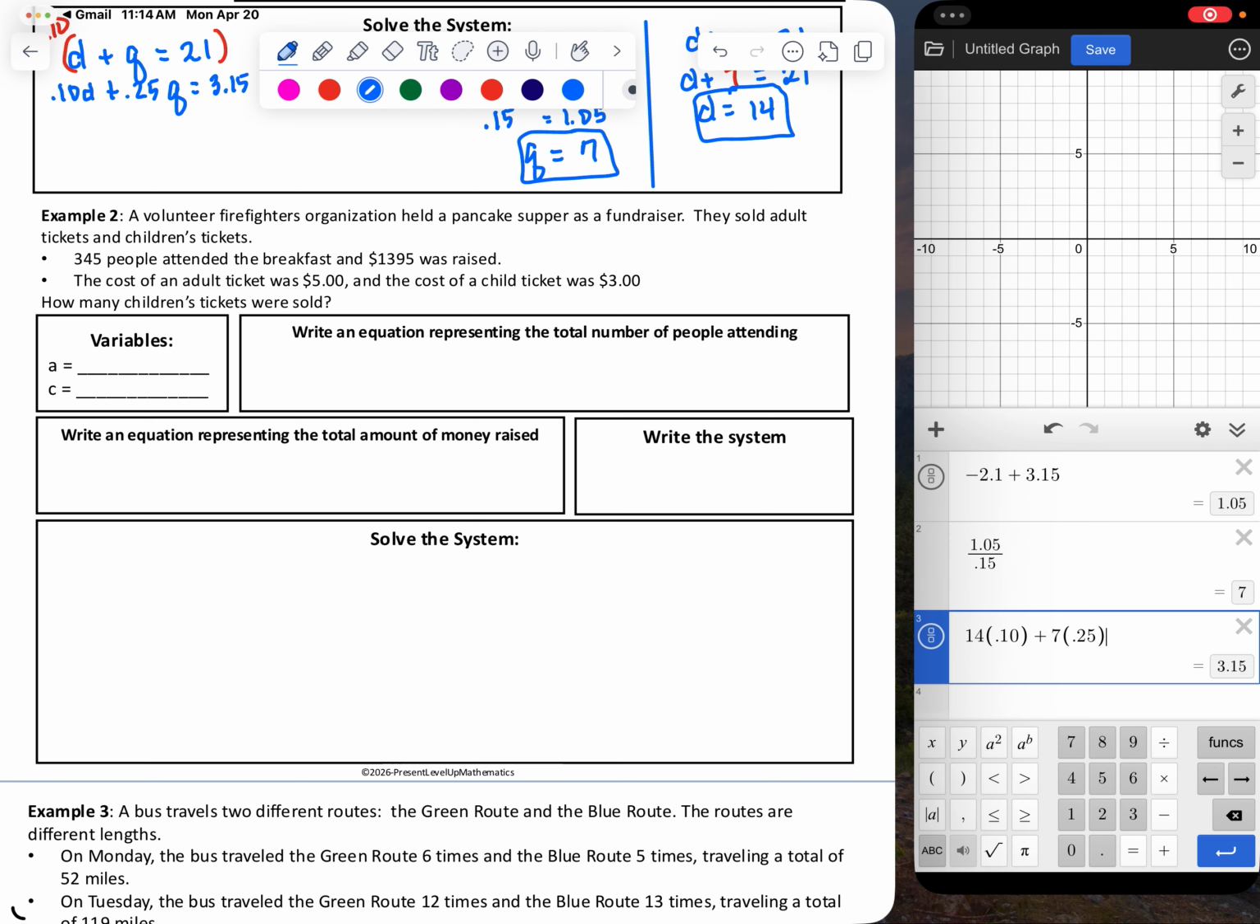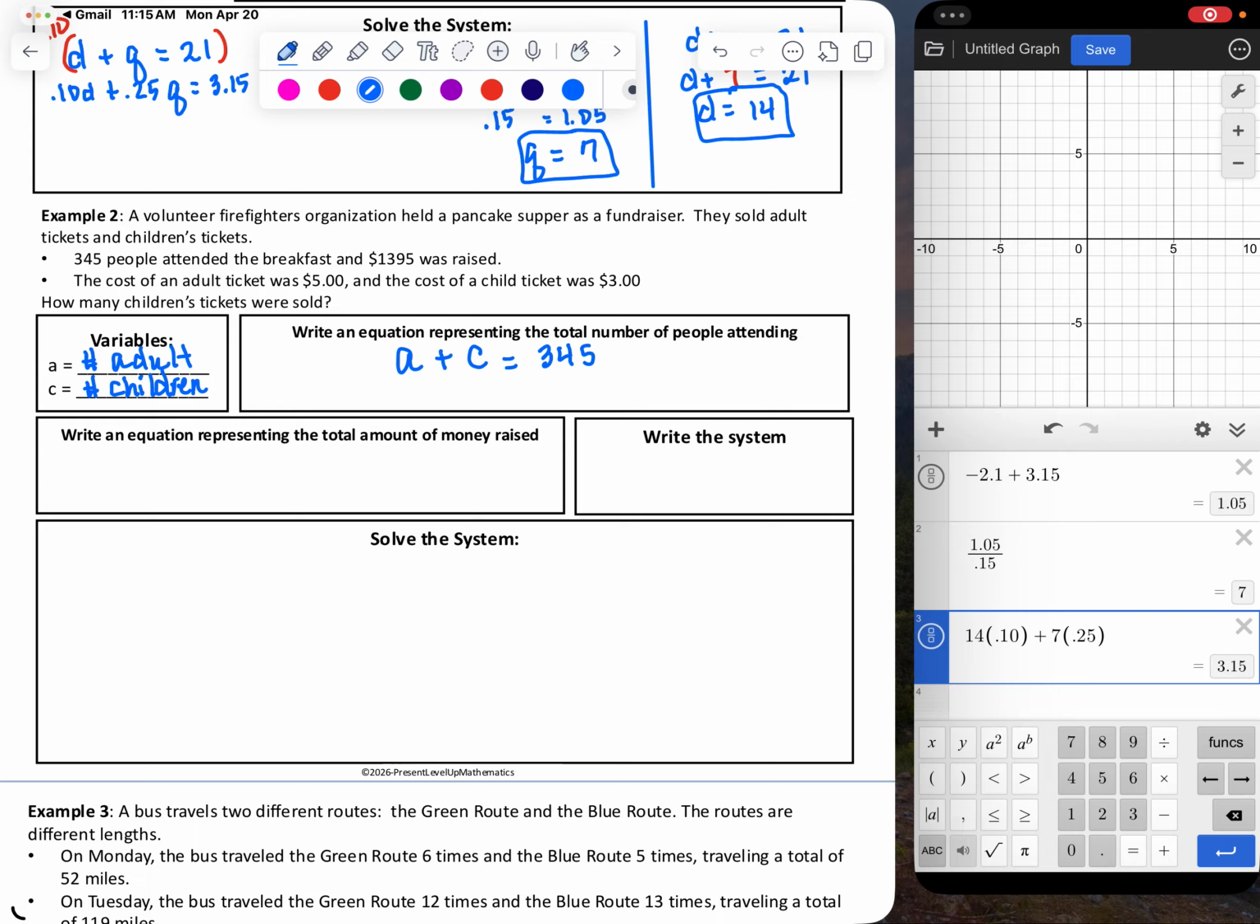We're going to let A equal the number of adult tickets, and we're going to let C equal the number of children's tickets sold. And in our first equation, they want us to write an equation representing the total number of people attending. So we have to go back to our first bullet point there, and it said 345 people attended. So I'm going to say the number of adults, A, plus the number of children, C, has to equal a total of